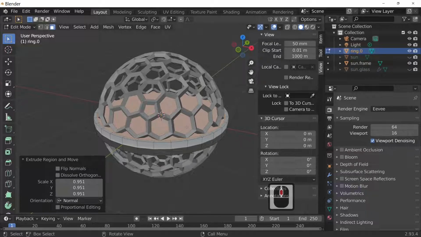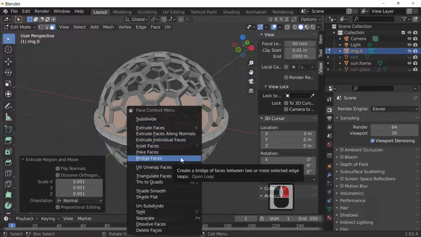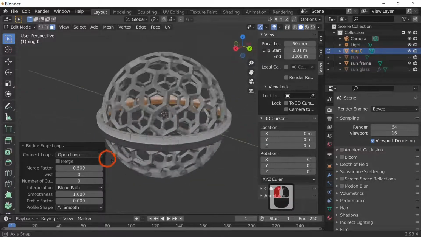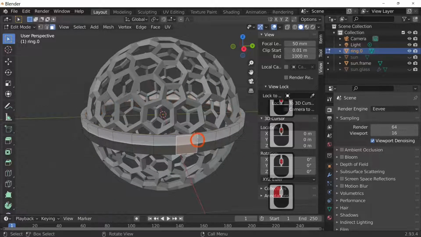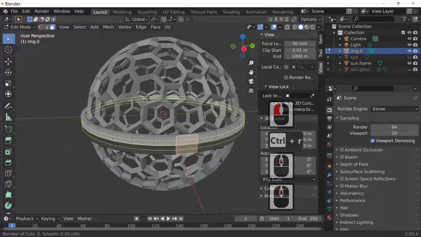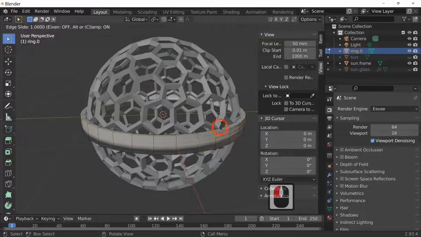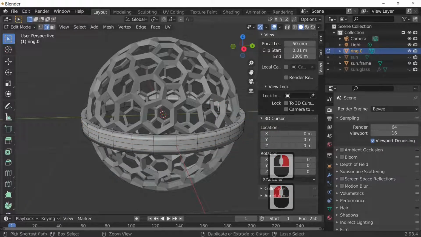And I'm going to use a thing called bridge faces. So if you right click now, this menu appears, and you've got a thing called bridge faces, and what that'll do is just cut a hole straight through our cylinder. So bridge faces, bump, and there you have it. It's cut a hole straight through our cylinder, and all we need to do here is add some loop cuts. So Ctrl and R to add a loop cut, and I'm going to add 3 loop cuts. You can do this by rolling your mouse wheel or pressing the 3 key on your keypad, and then right click will fix them, and select the inside and do the same on the inside.